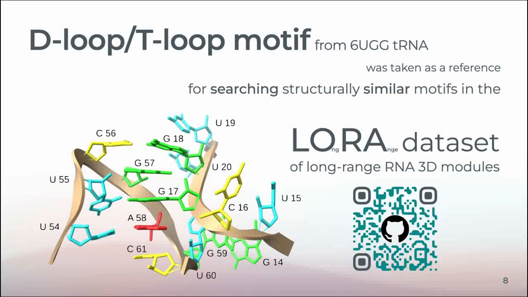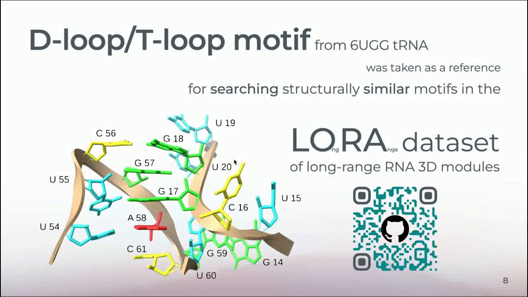To demonstrate the capabilities of ARTEM, we take a D-loop-T-loop motif from tRNA and search for structurally similar motifs in the LoRa dataset. LoRa is our dataset of long-range RNA modules. Long-range RNA modules are formed between loops and helices that are distant in secondary structure. So the D-loop-T-loop is an example of a long-range RNA module,